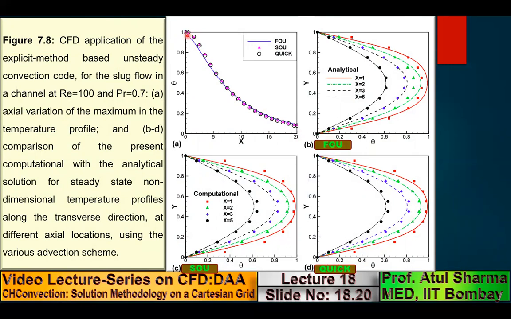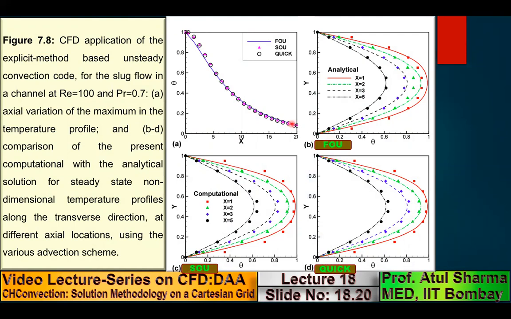At the inlet, at the left boundary, you have u equals u infinity, and you have defined theta equals T minus Tw divided by T infinity minus Tw. So at the inlet, you have theta equals 1. So along the horizontal center line, the non-dimensional temperature variation near the inlet is 1 at the inlet, but gradually it decreases, and finally it will approach 0, because finally if you take